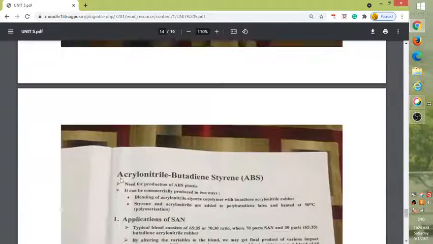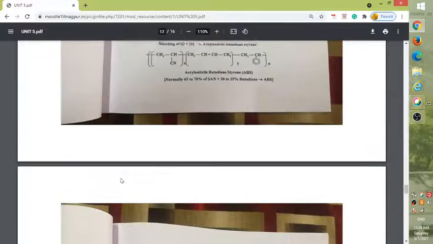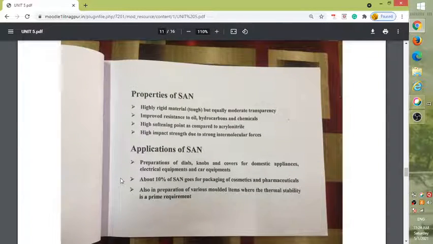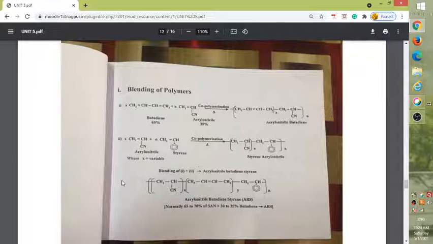This is the ABS. So ABS is quite complicated. Till SAN you will understand, but you have to give extra stress on the ABS, acrylonitrile butadiene styrene. The major applications of ABS plastic sheets include refrigerator industry, 3D building material, machine prototype constructions, pipes, fittings, vacuum constructions, keyboard keys, power tool housing,